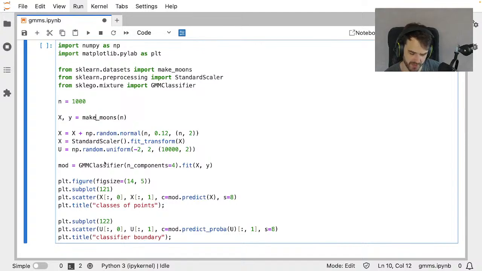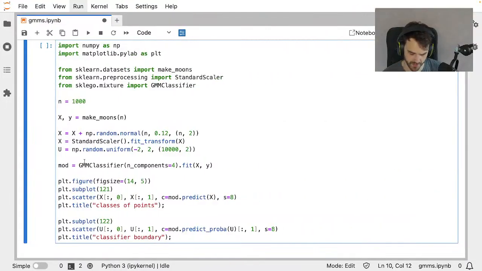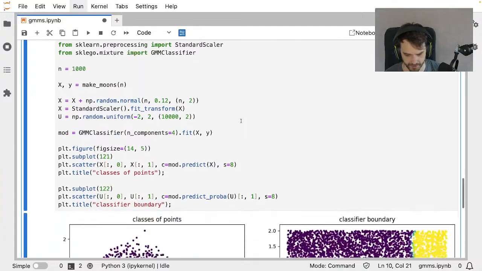All this stuff is sort of well understood, but what I've got here is something that I like to call a Gaussian mixture classifier. Under the hood, that Gaussian mixture classifier is just doing all the stuff that I described earlier. It's going to run Gaussian mixtures on both separate classes. It's then going to figure out likelihood scores and all that good stuff. And here's what that could kind of look like. So let's just run this bit of code.